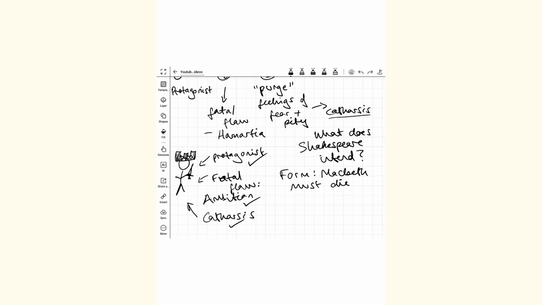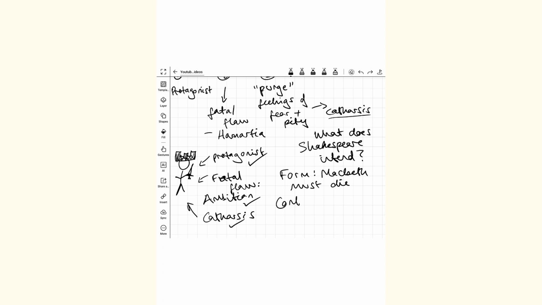And you can argue, well, yeah, he could be punished, but he doesn't have to die. In the original definition, they don't always die. They sometimes just fail. He could have just lost all his power and be kind of cast aside. And this is why you don't just want to take one angle with a text. You want to kind of look at multiple angles. So this is kind of Shakespeare's intention from the angle of form, but you can also look at it from